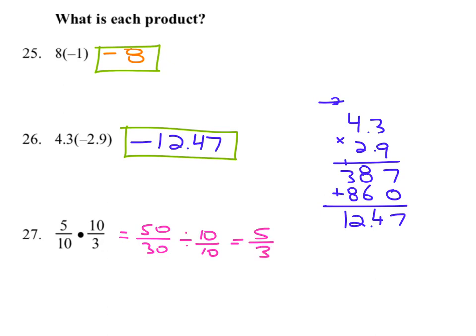Or we could do this, and we could say, oh, what if we, instead of multiplying first, let's say we canceled first, dividing top and bottom by 10. See how we did that in this step? We're going to do it here before we ever multiply. Divide this by 10, we get 1. Divide this by 10, we get 1. Now when you multiply straight across, 5 times 1 is 5, 1 times 3 is 3, and either way, you still get that simplified answer of